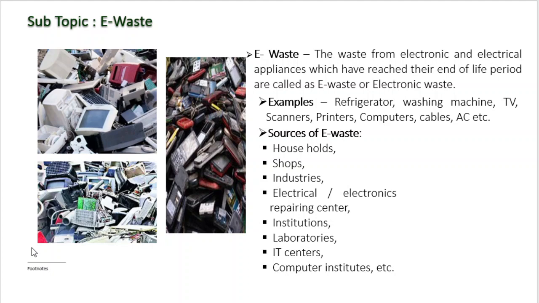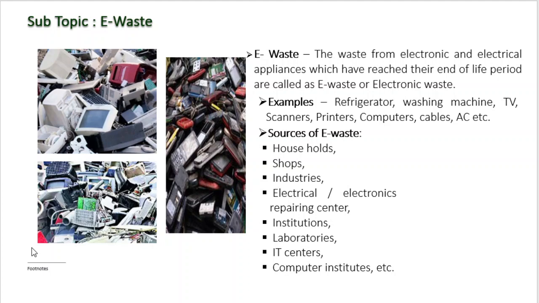So, what are the different sources of e-pollution or e-waste? Here we can see households. In households, we can see refrigerators, mixers, and induction cooktops. These are a few examples of e-waste from households. From shops, we can see calculators, printers, and computers. Those are some examples of e-waste from shops. Similarly in industries, you can see computers, mobile phones, and different kinds of machines. Those are termed industrial e-waste.